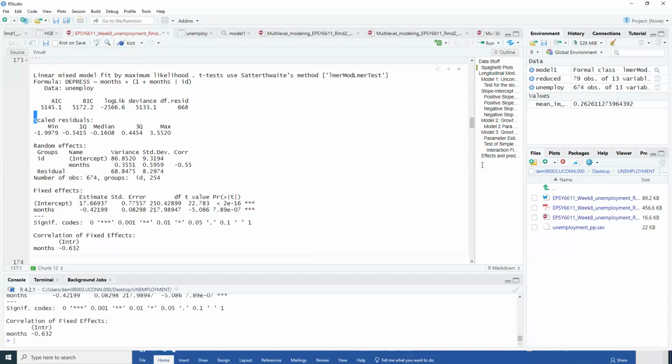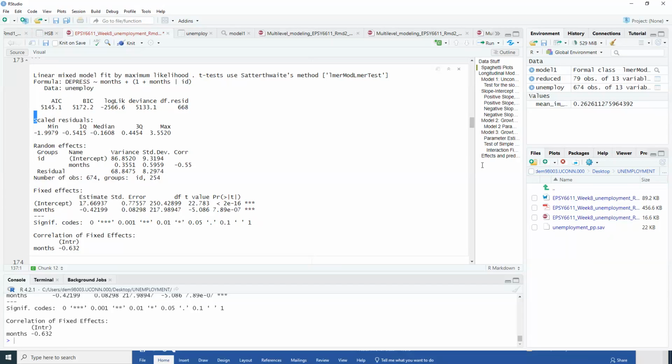Let's start with a positive slope. If I have a positive slope, and let's just think about a positive correlation between the slope and the intercept, regardless. A positive correlation between the slope and the intercept means the higher the intercept is, the more positive the slope is, right? The higher the intercept, the more positive the slope. But if I have a positive slope and a positive correlation between the slope and the intercept, then what do I get? If you look on page 6 of your markdown file,